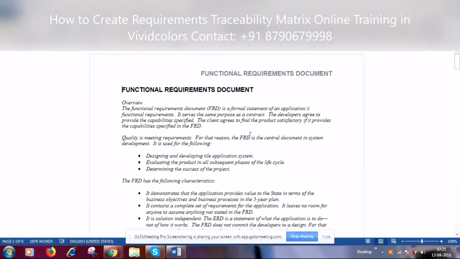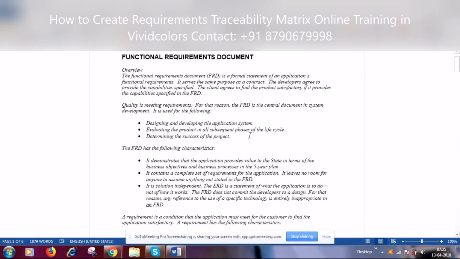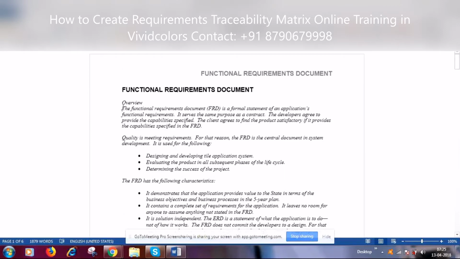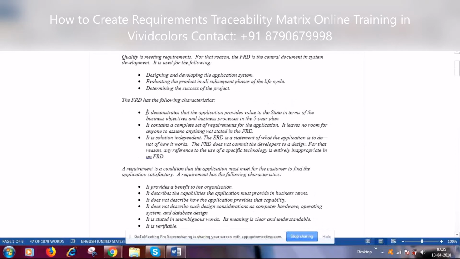You are going to describe what is the functionality that is being required from the client end. So you're going to state the objective of the project, or the objective of any piece of requirement that you are going to develop. That is an FRD.